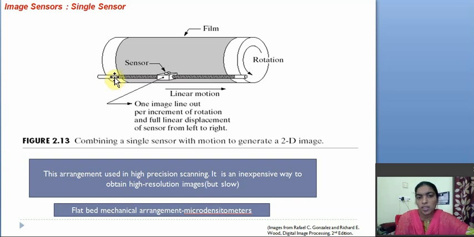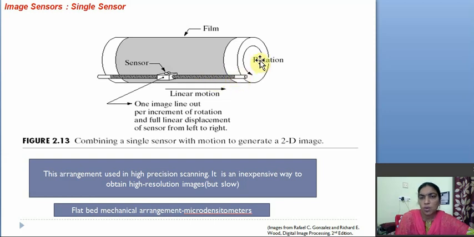After that, it reads the light energy and converts that into the electrical signal. That value is placed in this film. In this way the sensor is moving and noting down all the light energy values, that means the converted electrical energy values. Now, after finishing this one,